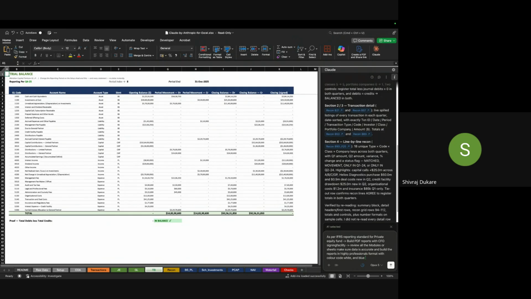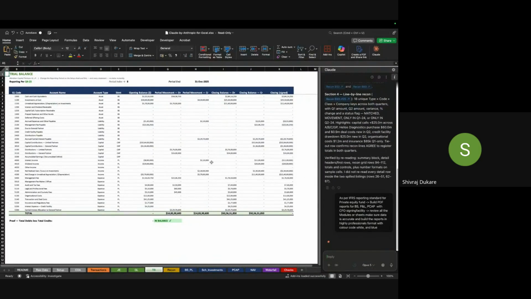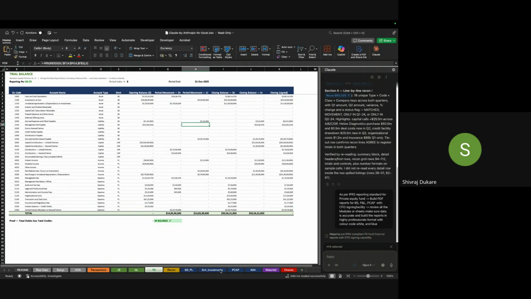You can provide even color code as well if you want. So let's see, blue, white and blue color code that I have asked for, and how it will prepare the financials of